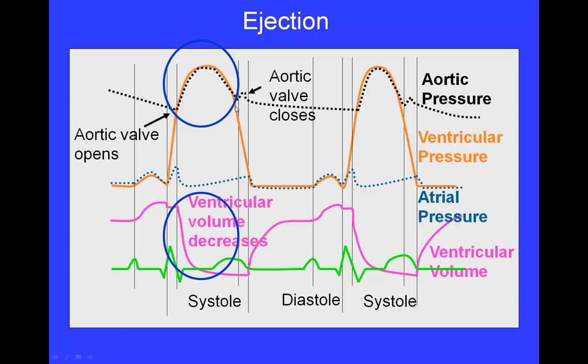And when the pressure in the left ventricle is less than the pressure in the aorta, it slams that aortic valve shut again. So if it closes, and hopefully it closes completely, blood can't go backwards. Blood can't go from the aorta back into the ventricle. And it should be, actually, the blood should be moving down the arterial tree. So we get a drop in ventricular pressure, and particularly as the ventricle relaxes, we're going to continue to have